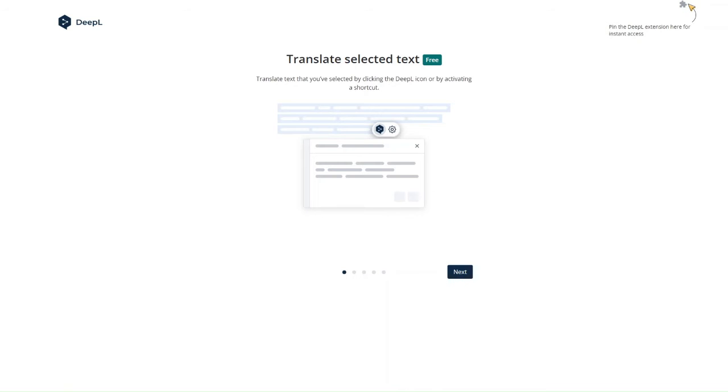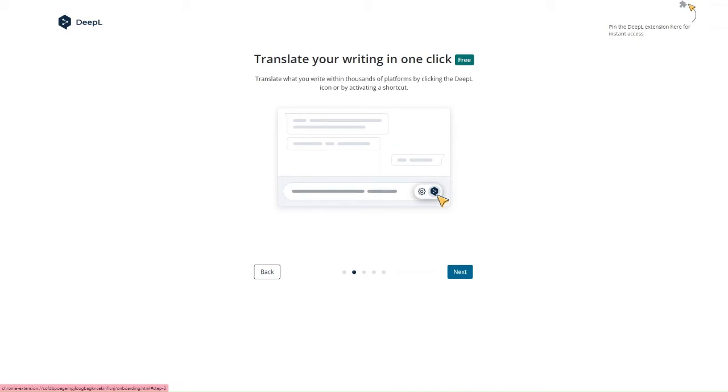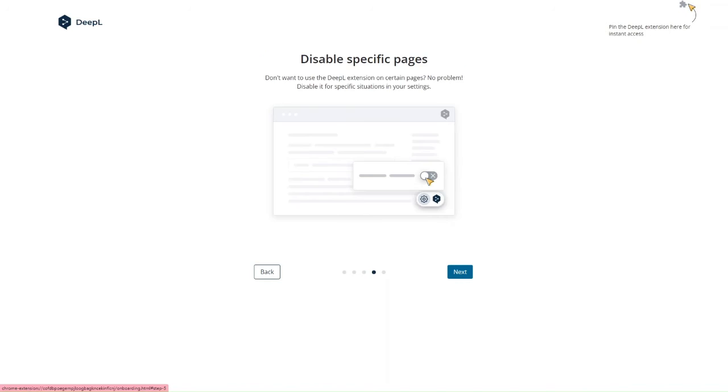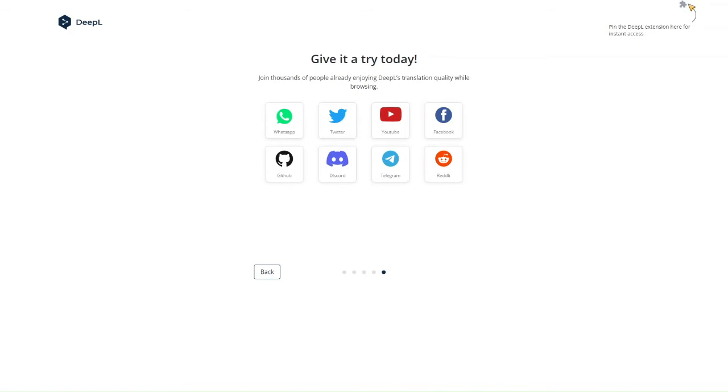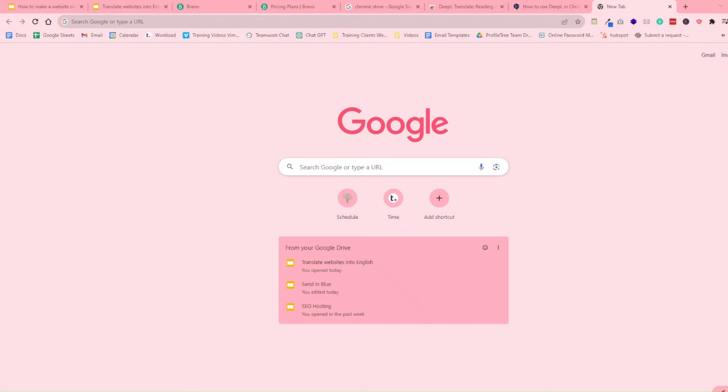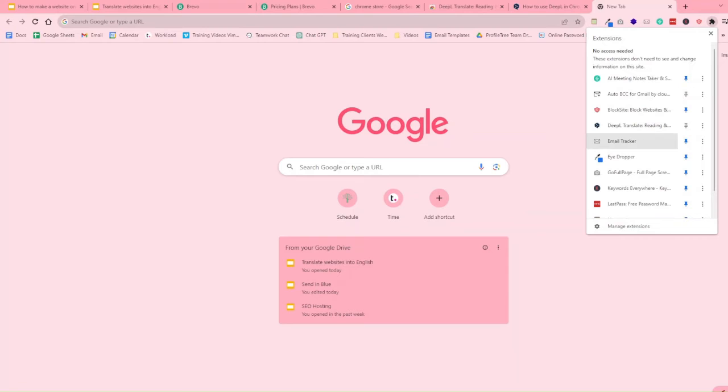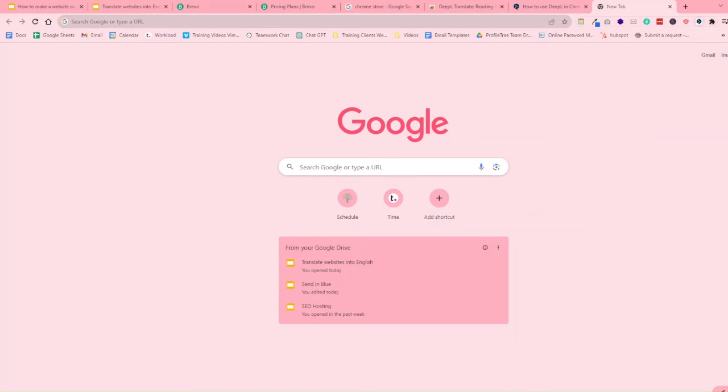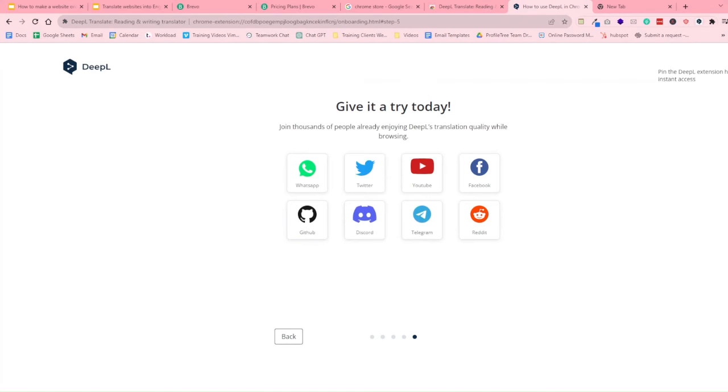And then you just need to go through, and it'll show you how to use the translator text. To pin the extension onto your tab, you just want to click on the little puzzle piece here and look for the DeepL translating, and it's now pinned onto this here, and it just means that now whenever you are